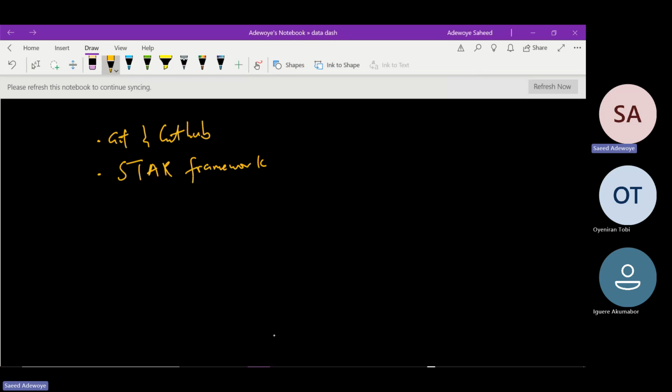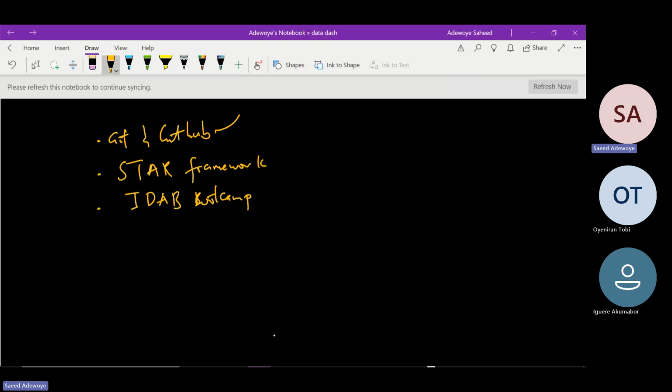Then afterward, we'll talk about the IDAB Bootcamp itself. So moving with the first, that is Git and GitHub.